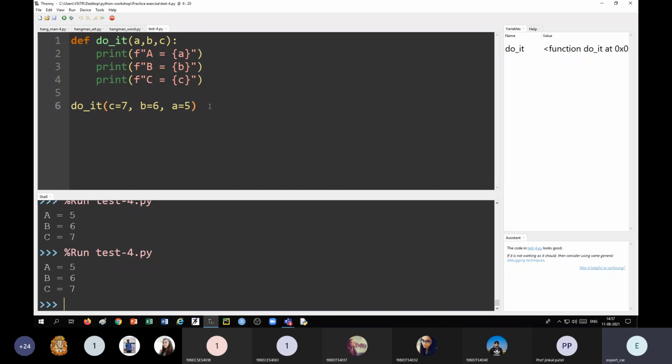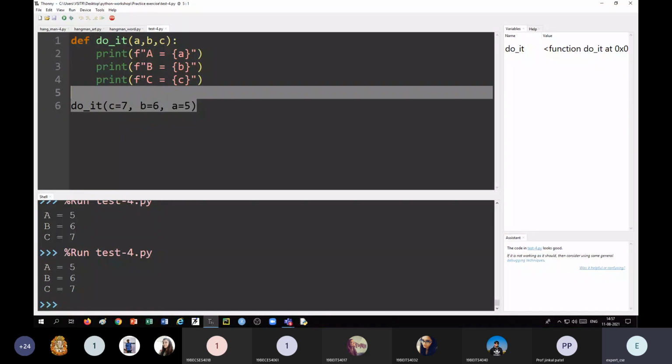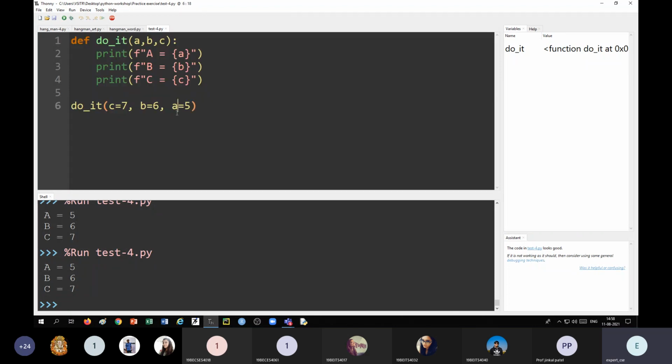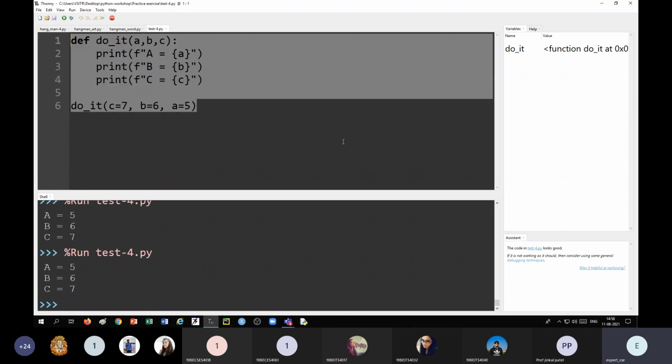So this is all about the positional argument. We will see something more on this later. So right now we will see the argument and parameter. If we write with the variable name, or we can say with the parameter, then it is called the keyword argument. And if we write only values in the order of the variables, then it is called positional argument.